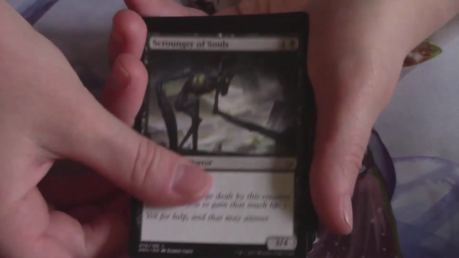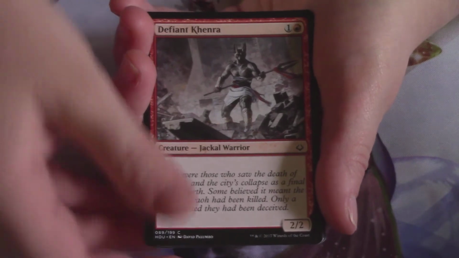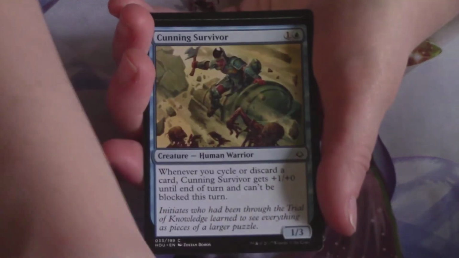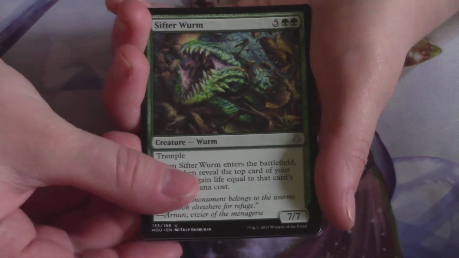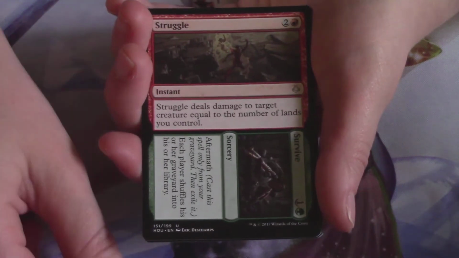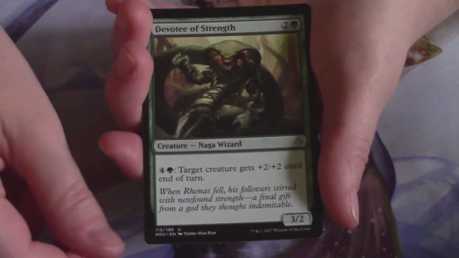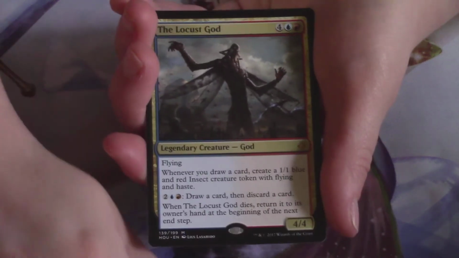Scrounger of Souls, Without Weakness, Defiant Kenra, Wall of Forgotten Pharaohs, Cunning Survivor. Sifter Worm is the first uncommon here, Struggle to Survive is the second, and Devotee of Strength is the third, the rare or mythic being...